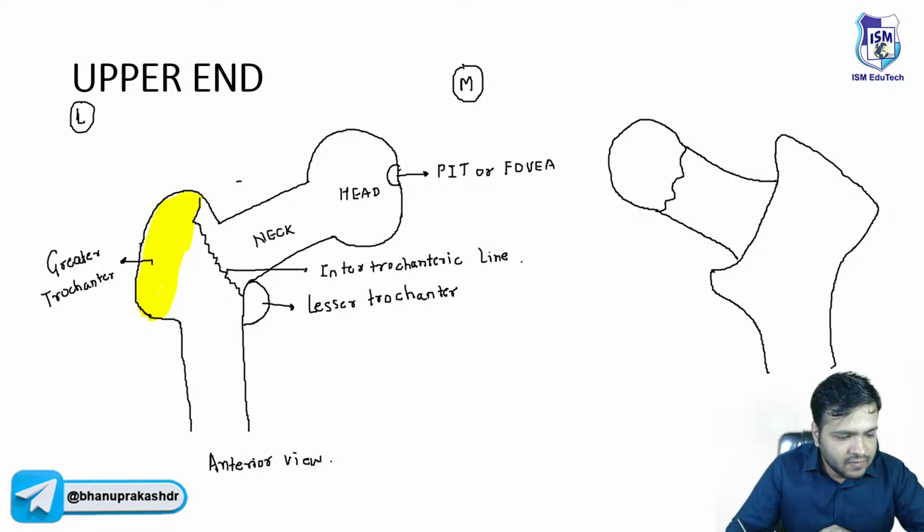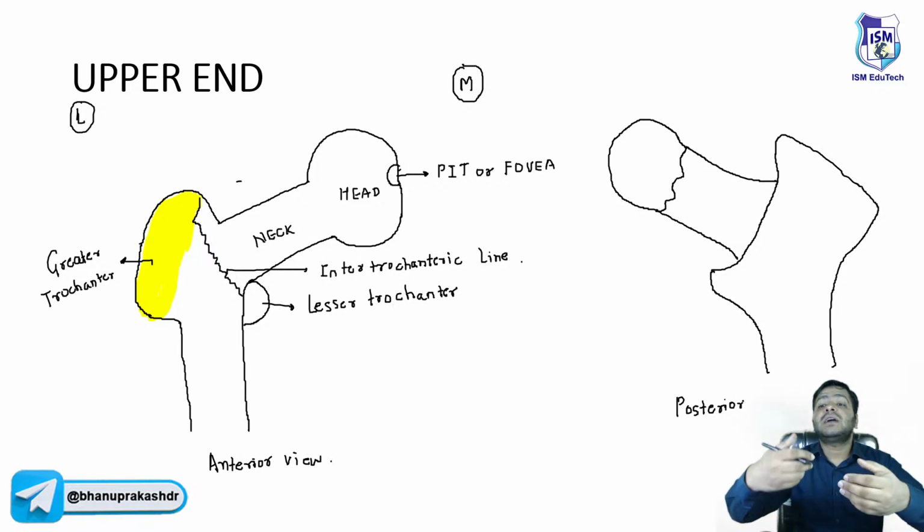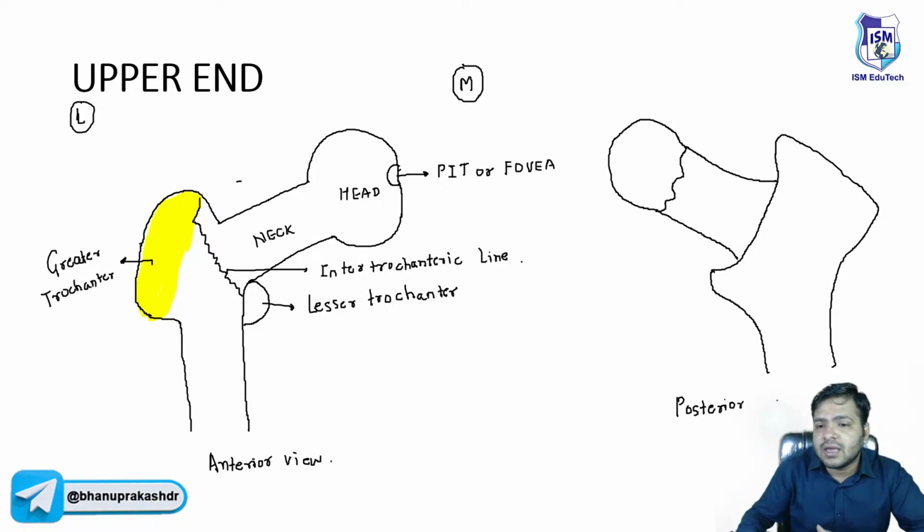So yes, this is a line diagram, beta. Just try to remember, this is the posterior view. आप फीमर को पीछे से देख रहे हैं, आपने फीमर निकाली और पीछे से देख रहे हैं कि पीछे से कैसा दिखेगा फीमर, ठीक है। आगे से तो ऐसा दिखता है, पीछे से देखो अब ये क्या हो गया, ये हेड हो गया, this is the neck part, ठीक है, ये नेक हो गया, राइट।